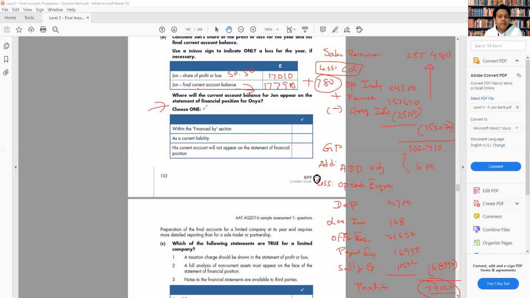And the next one we have: where will the current account balance for John appear in the statement of financial position for Oxen? So it is basically the partnership, and that will be shown. The current account balance will be showing in the financed by section. Remember that both current and capital, both for the partnership,